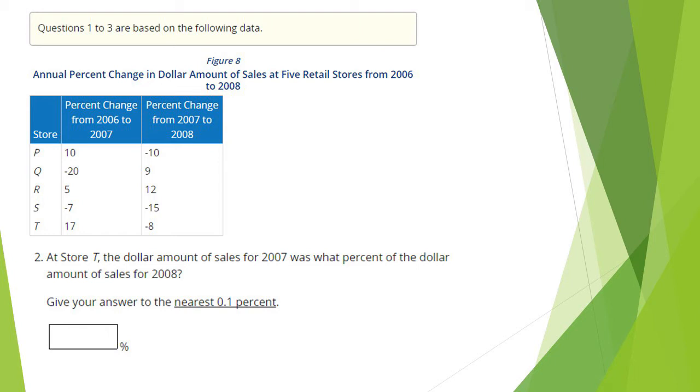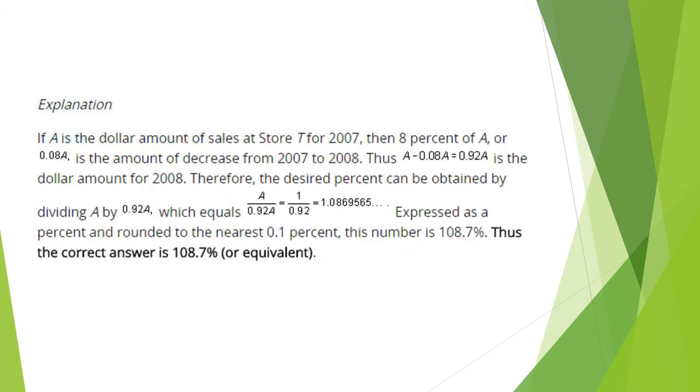Now that you have read the question, take a moment to review the data set. Use the tips we discussed to determine the correct numerical answer. Pause the video while you work. When you are ready to review the answer, resume play. The correct answer is